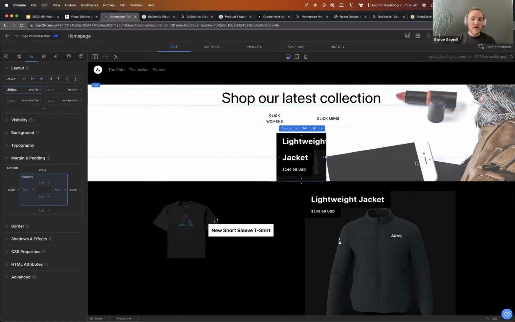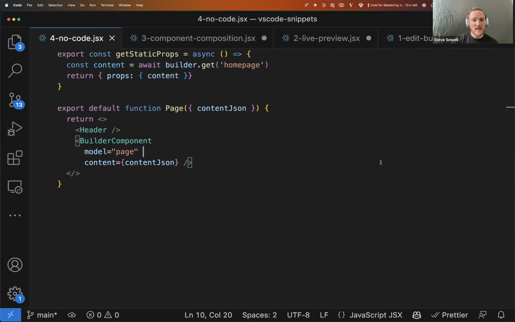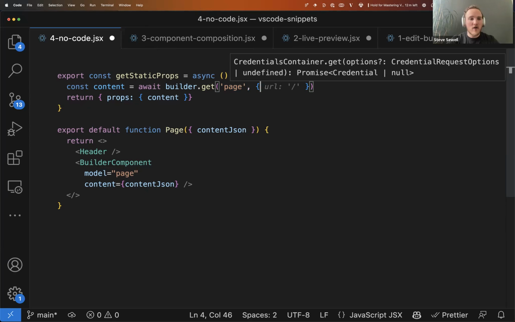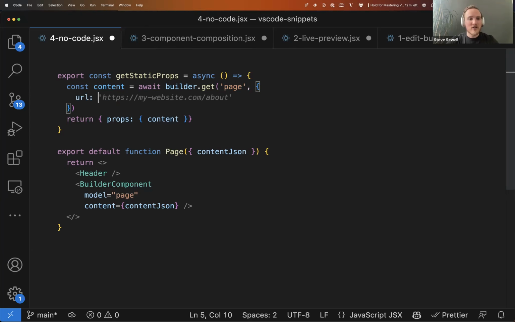Yes. So one great question, can you create new pages to new URLs? Yes. Let me show you what the code looks like and then what the UI looks like. This is a super common use case. So let's say, for example, here, this is a builder integration example. Let's say we're not just doing our homepage, we're just doing any page. So that's where we can provide this URL parameter, URL /, and that's where you would make this a dynamic